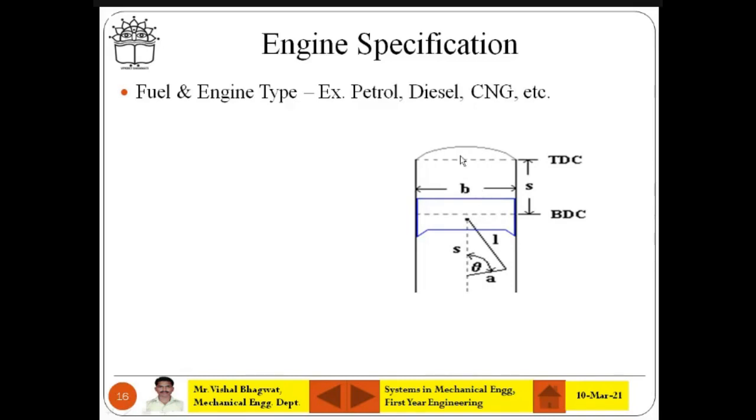And above that there is some space. You call it the clearance volume. That is called clearance volume. Understand? That is called clearance volume. The dotted line that you can see above the TDC, that is called clearance volume. And between these two dotted lines, that is the swept volume. So total volume is swept volume plus clearance volume. Understand? So total volume is from this bottom BDC dotted line to this curvature of the cylinder. That is the total volume.